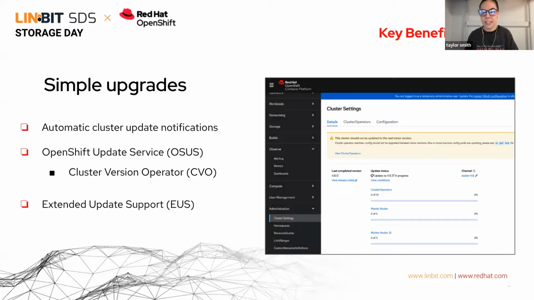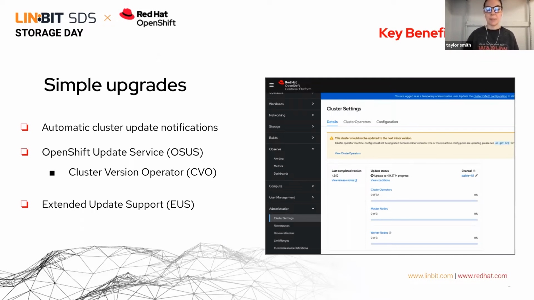OpenShift streamlines the cluster upgrade process as well. The OpenShift update service provides over-the-air updates to OCP, including the Red Hat Enterprise Linux Core OS. It provides a graph or a diagram that contains the vertices of component operators and the edges that connect them. The cluster version operator, or CVO, in your cluster checks with the OpenShift update service to see valid updates and